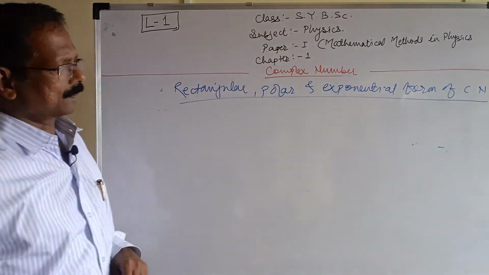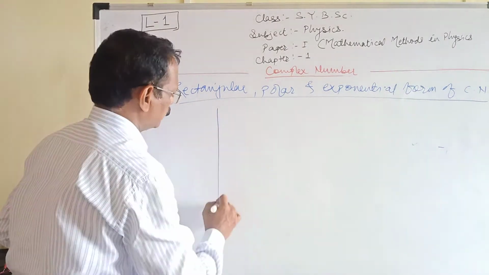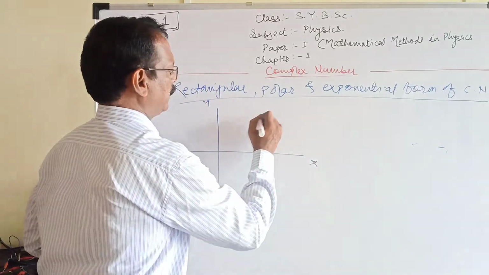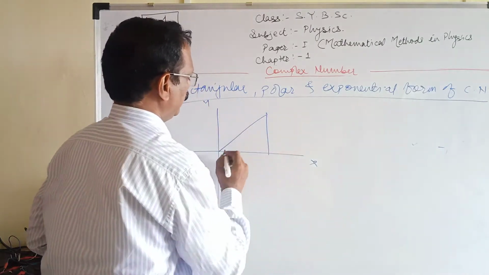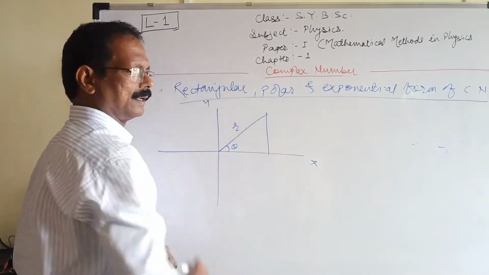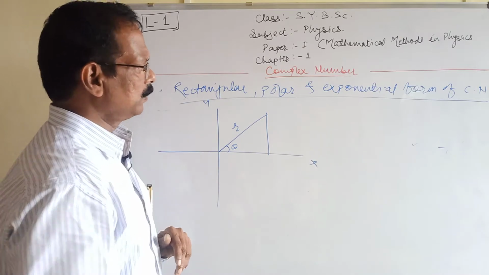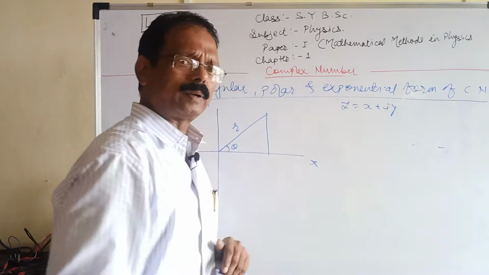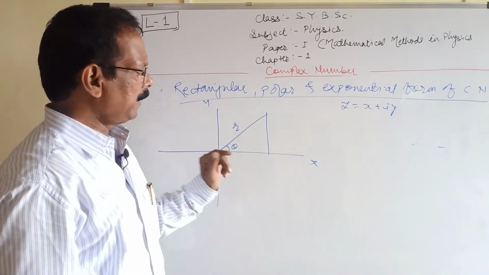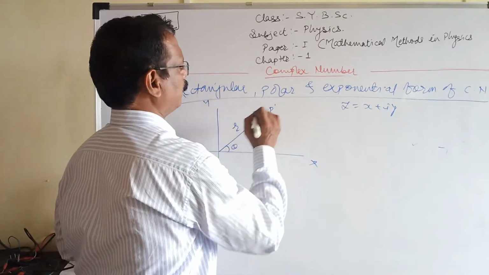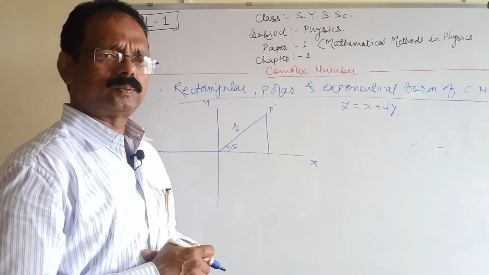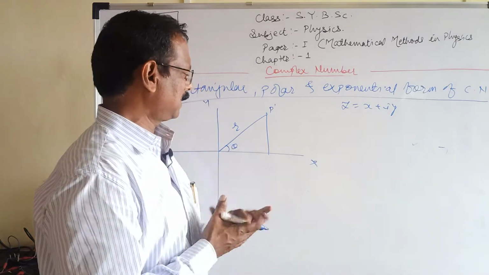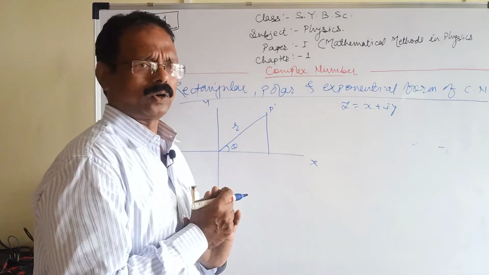Now here we know that, suppose we can draw the figure. So this is your x-axis, this is your y-axis, and suppose this is the plane. Here this angle is theta, and this is your r. As we know, the complex number is z is equal to x plus i into y. Suppose this is your point P. We know in spherical polar coordinates, the coordinates of point P are r, theta and phi. So in this case, r and theta are the spherical polar coordinates.